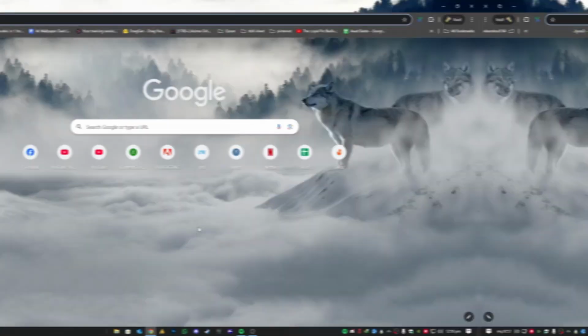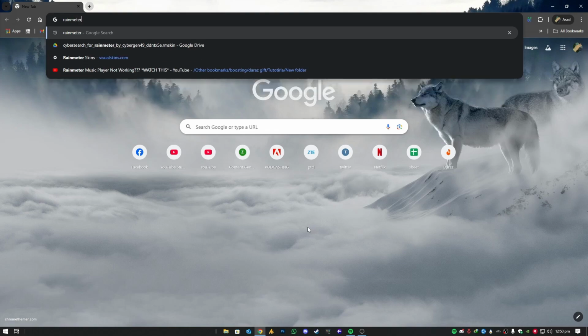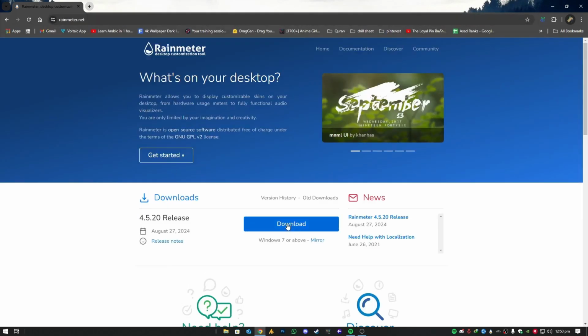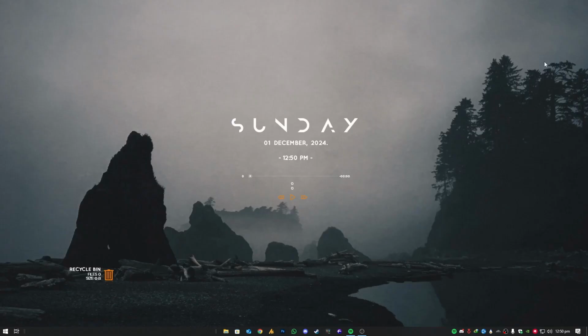Let's jump in. Steps. Download and install Rainmeter. First, we need Rainmeter. Open your browser, search for Rainmeter, and head to their official website. Download and install it. Since I've already downloaded it, I'll skip this step, but you can get it done in